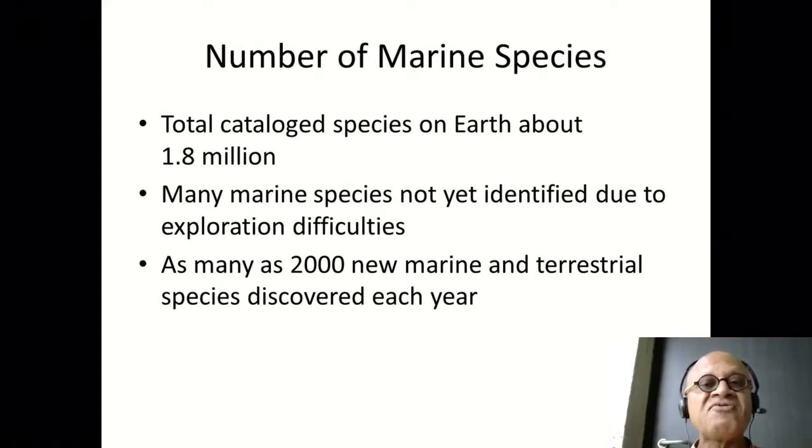Compared to the very rapid and very quick changes on land because of the low heat capacity, out of the total catalog species of about 1.8 million, this number will keep increasing because we discover new species every year. And so many more species are not yet identified because we haven't explored all of the heavy rainforests or the deep ocean. So almost 2,000 new marine and terrestrial species are discovered each year. So this number will keep